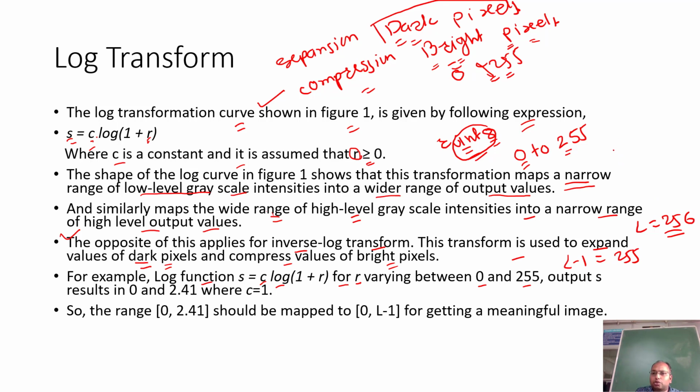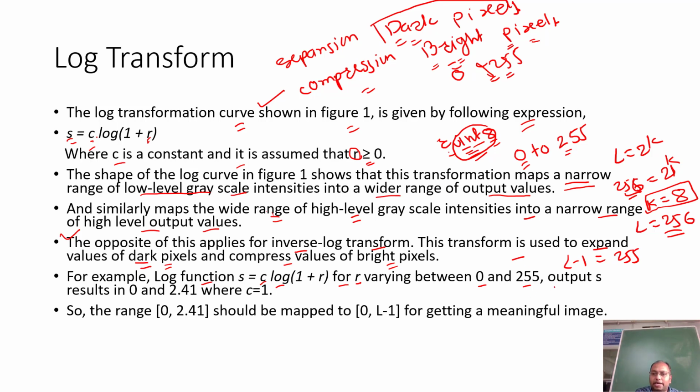L is equal to 2 raised to k, and right now L is 256, so k is 8, since 2 raised to 8 is 256. That is the unsigned integer 8 data type for R.